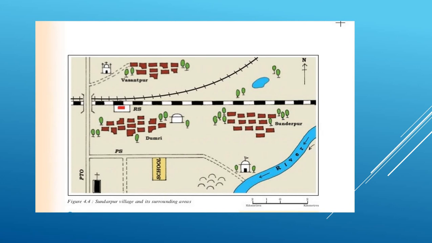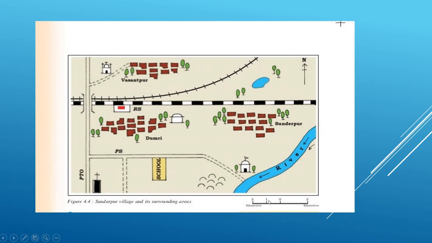In this also, certain questions have been asked in the NCERT textbook. Like, in which direction is the river flowing? As you can see from the direction of this arrow mark, it is going south, but it is flowing in a direction west, southwest. So the direction in which the river is flowing is southwest.